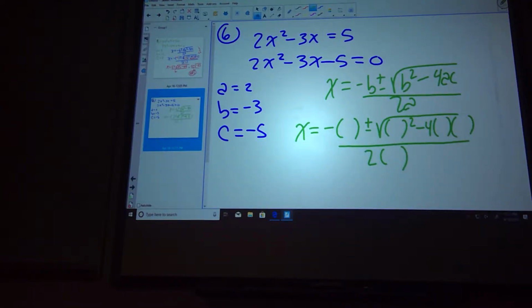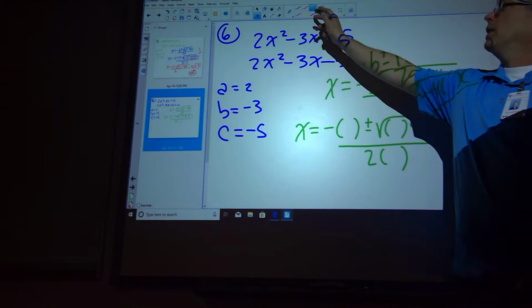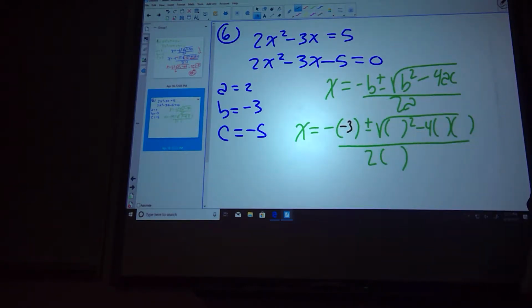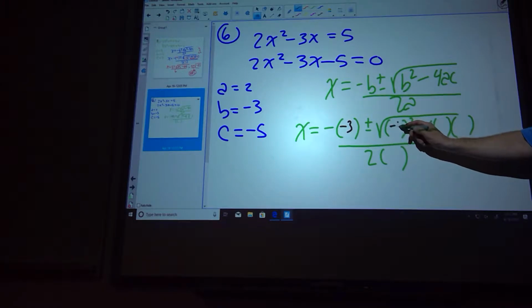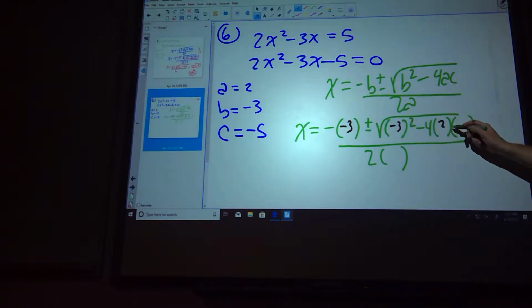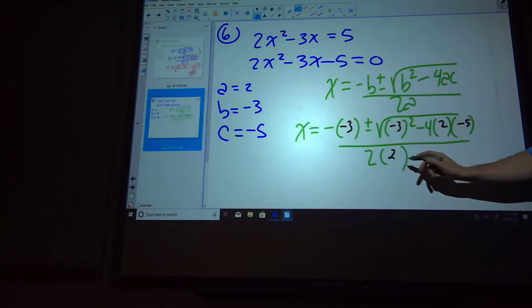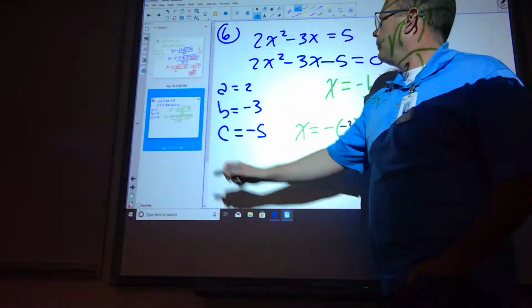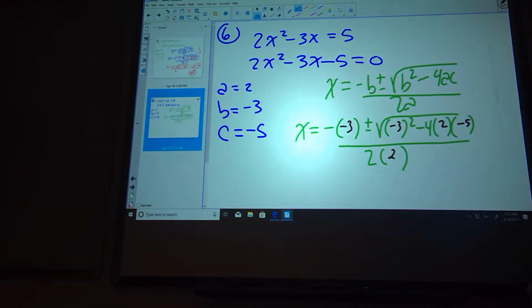Does that make sense so far? So we're going to plug -b in, or our b value, so it's -3. Then I get -3 squared minus 4ac all over 2a. Agree? And then, do you think C is